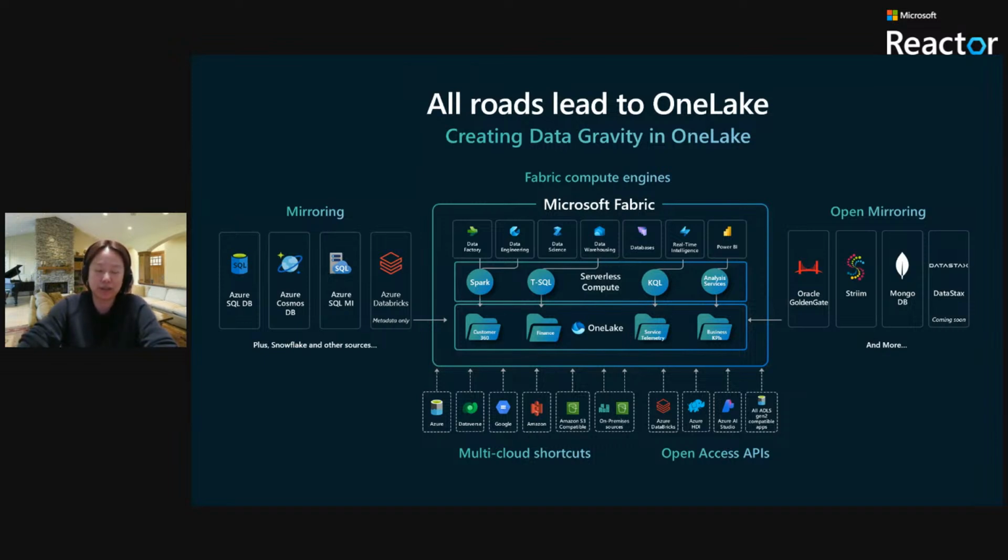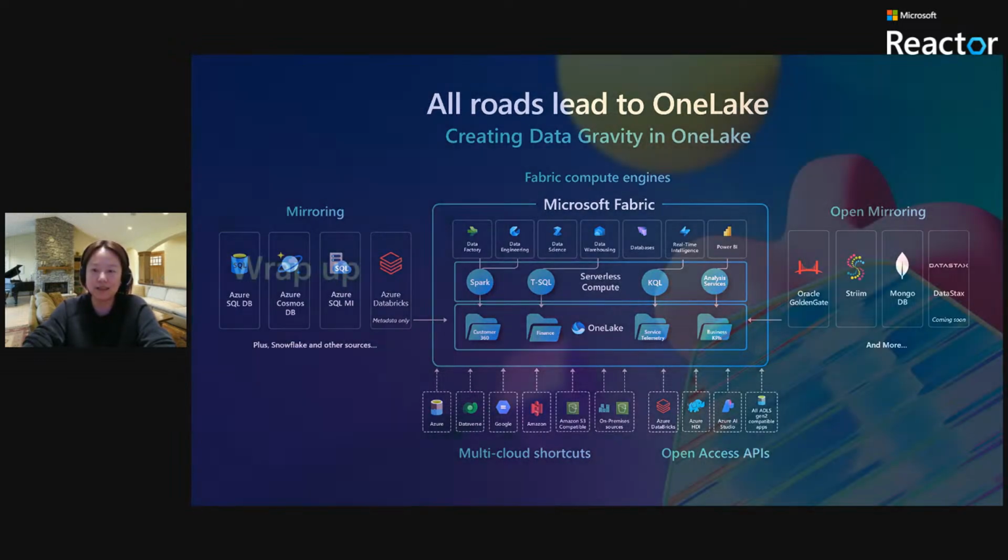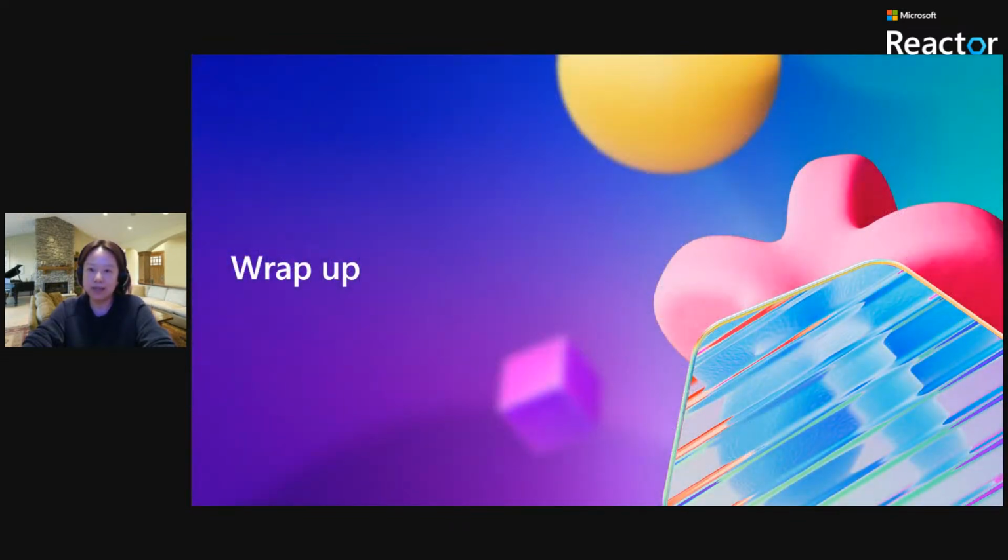So as we talked about at the beginning as well, all the roads just lead to OneLake, which is really the data gravity for storing all your data within the Microsoft Fabric. With database mirroring in Fabric, we provide out-of-box mirroring solutions for various types of data sources, and it's growing as well. In addition, we have the open mirroring solutions that you can either develop your own with this framework, or we have the partner solutions that you can adopt to replicate data from different types of data sources into the Fabric. So as we wrap it up,